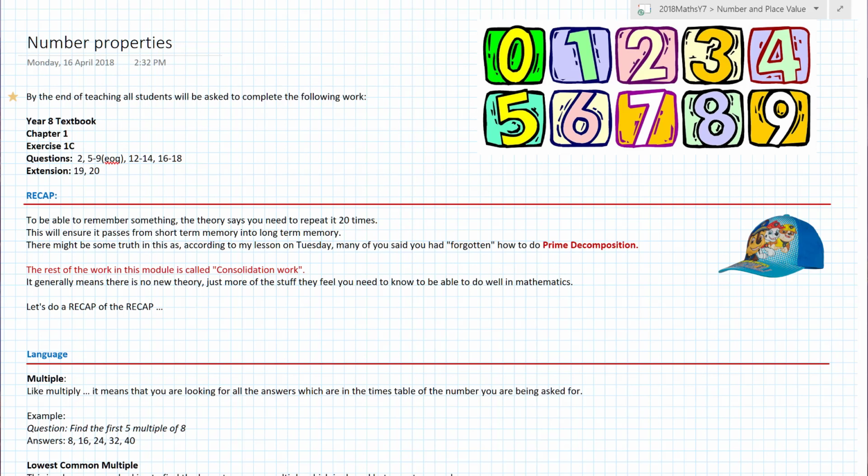Hi! Number properties. Year 8 textbook, Extra chapter 1. What are we talking about, number properties? Well, ladies and gentlemen, welcome. We're following the Cambridge Essentials scheme as I record these videos for my students and anyone who is watching in internet land. Number properties. When you know this type of stuff like multiplication and division,